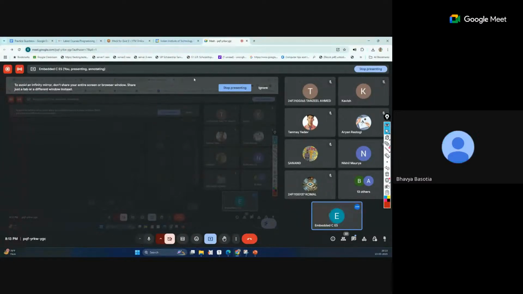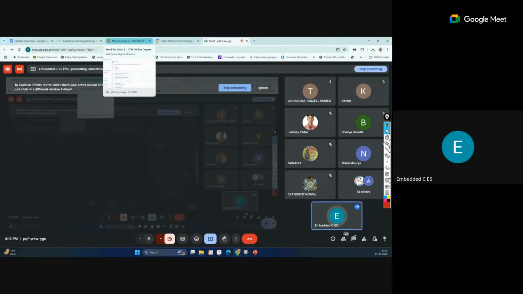Anyone know? Controller area network. Okay, yeah, correct. So the answer is correct. Controller area network is a widely used field bus protocol in automotive applications, especially for communication between ECUs and other electronic components in the vehicle. So mainly this is used for the electric components in a vehicle, and the communication in between them.